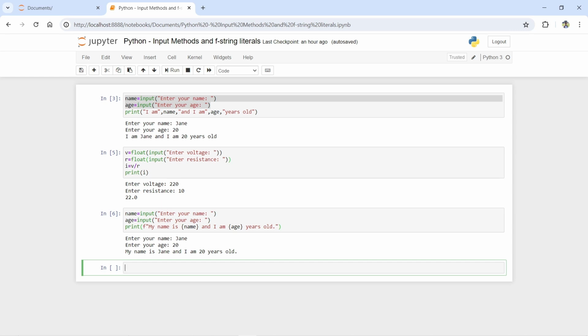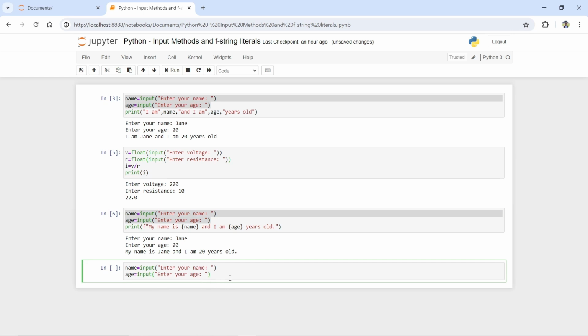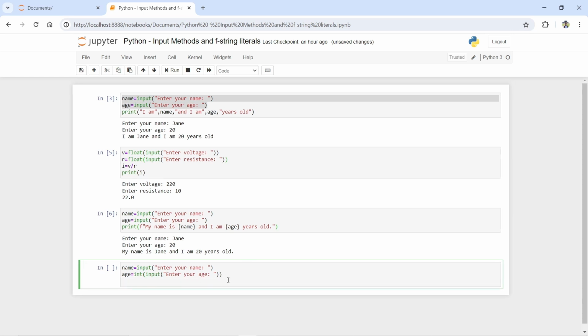We can also use methods or expressions in f-string literals. For example, if we copy this again, the statements asking for the name and age, and then let's convert this into integer first here, and then let's print f and then double quotes, "Hello", name dot capitalize.